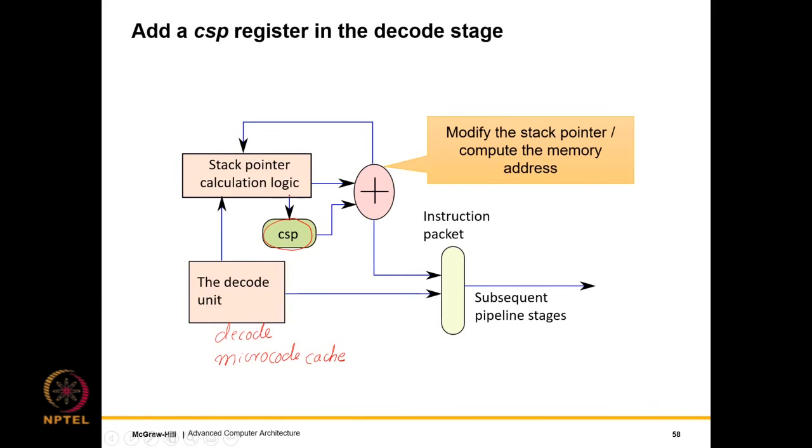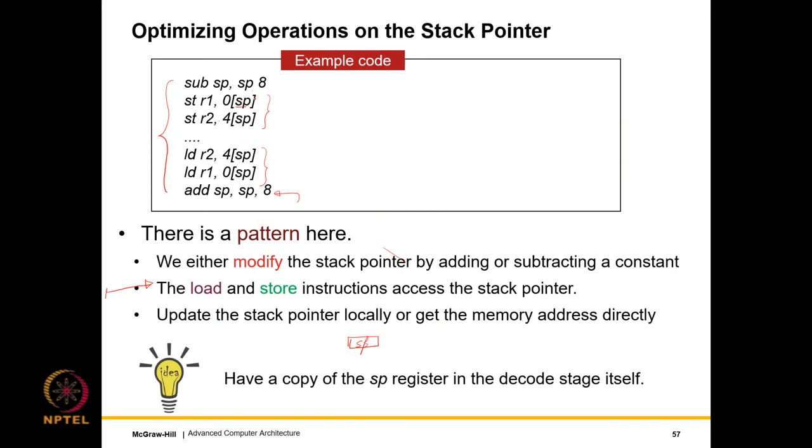And if we take a look at this piece of code, we will see that in almost all cases we read the value of the stack pointer and either add or subtract some constant to it. This value is supplied to the rest of the pipeline. In this case, this is actually a memory address, and so this memory address needs to be sent to the memory unit, in this case the data cache, for reading the value. So regardless of what we want to use the data for, the address can be sent down the pipeline.